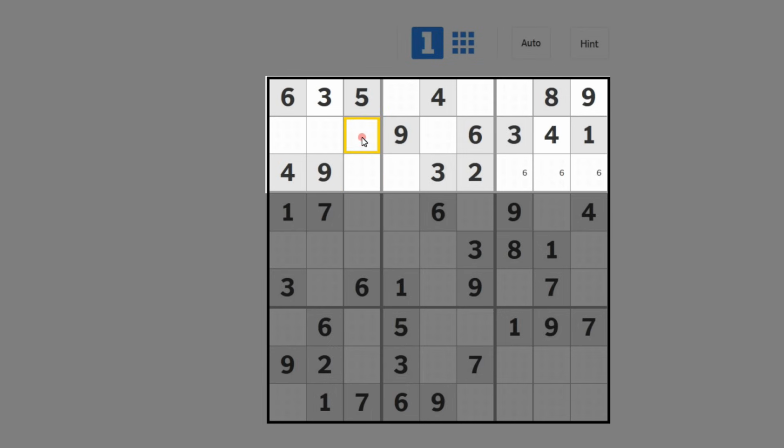So it must go either here or here or here. And it can't go in this cell because there is already a 2 in this column. So I can eliminate that, and I can eliminate this cell. So really, even though the number 2 only appears one time, I can, through elimination, figure out that it can only go here